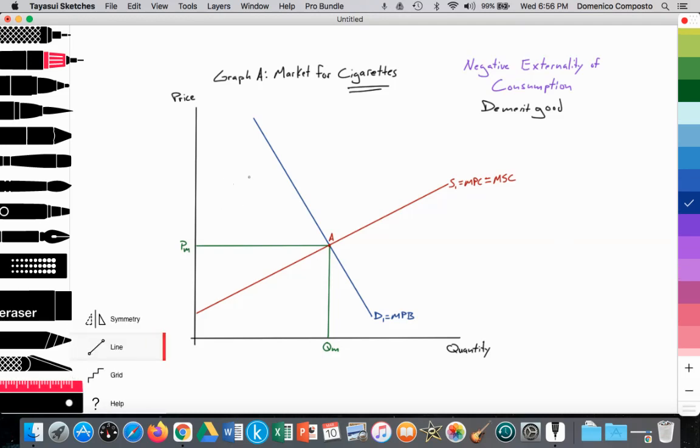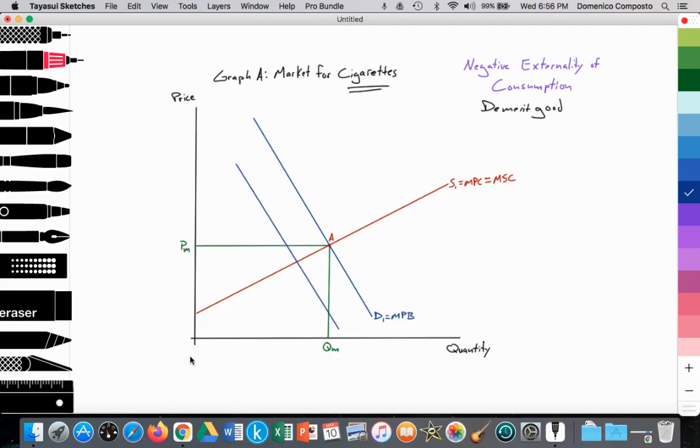Okay, so let's go ahead and illustrate that in parallel to the MPB. All right, so let's just imagine that society would prefer this level of consumption. So this is D2, which is equal to the marginal social benefit. Okay, perhaps I can clean that up just a bit. There we are. So let's mark this point B